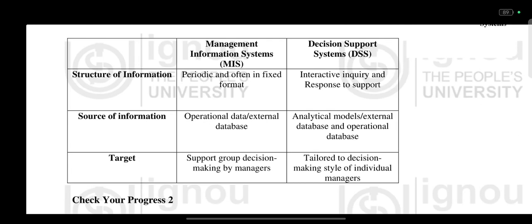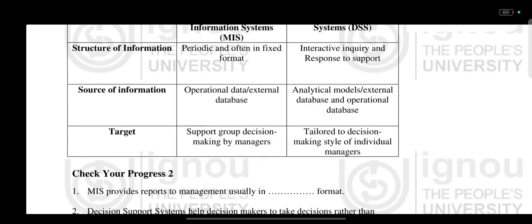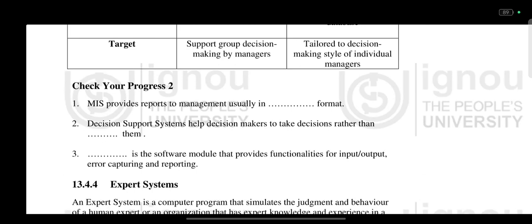So here you can see the table: Management Information System and Decision Support System. Structure of information, source of information, target. So you can see the comparisons here, and here we come to the end of Check Your Progress 2,